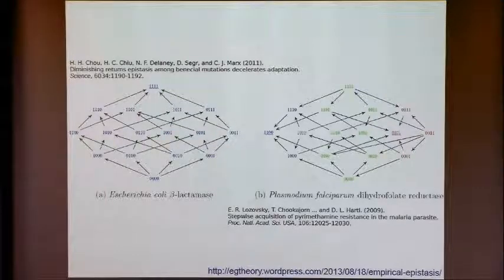You'll have two loci, and they'll have, let's say, alleles A and B, with fitter alleles uppercase A, B. We'll say there's no epistasis, or only magnitude epistasis, if either way of getting there, first swapping in A or first swapping in B, are adaptive paths. So going from here to here is an increase in fitness, going from here to here is an increase in fitness, same here. This is your standard case of no epistasis between these two loci,